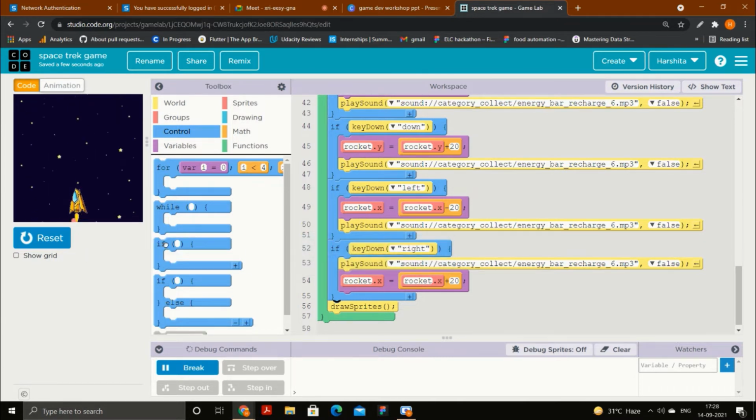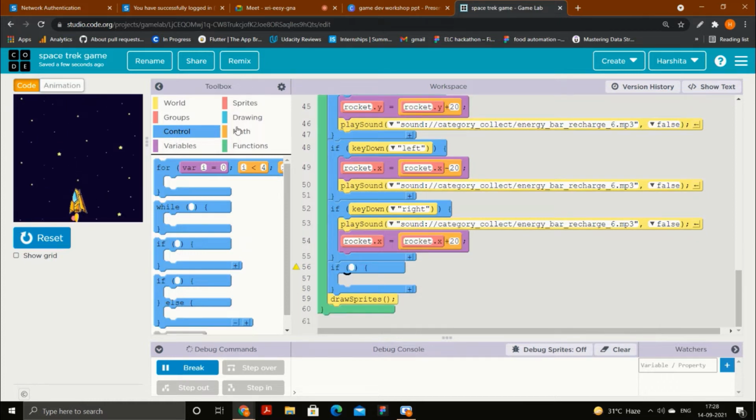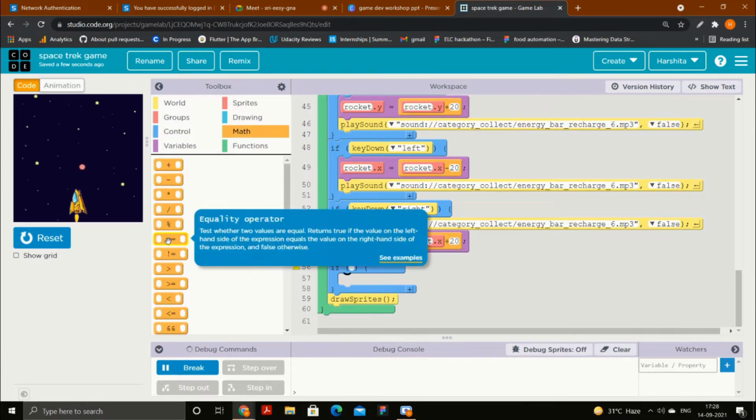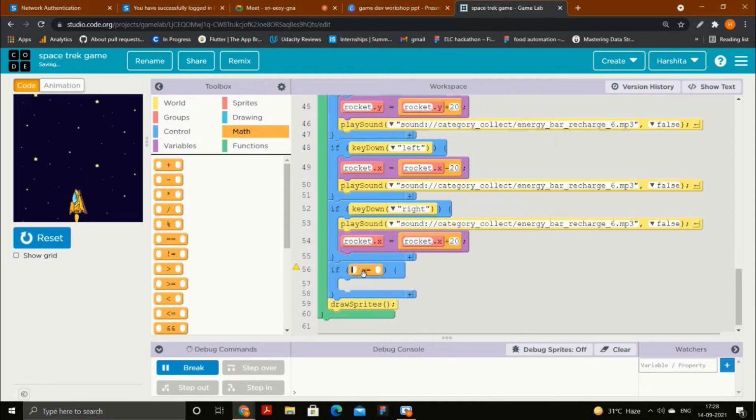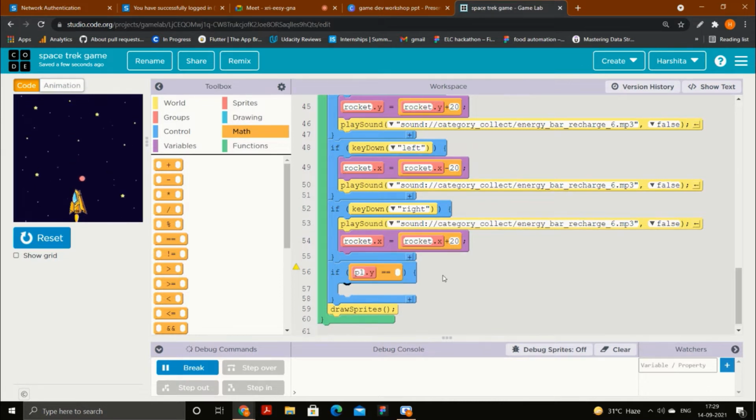So what I will do, I will add an if condition, and I will put equal to equal to, which means it's a comparison operator. I'm comparing two values, whether those two values are equal to each other or not. So what I will do right now is write p1 dot y. P1 dot y means planet 1's y position is equal to,